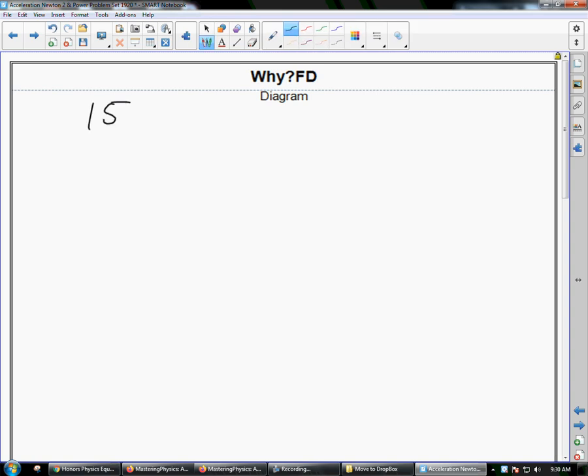So 15. So I've got my scale and my person. If you can't draw as well as I can't, don't worry about it. I'm going to have a weight of my person down on the scale. The scale is going to push back up